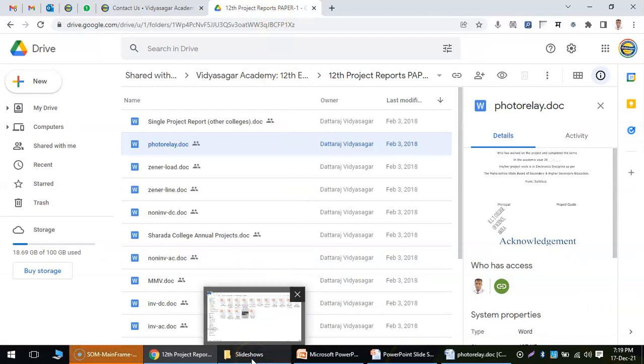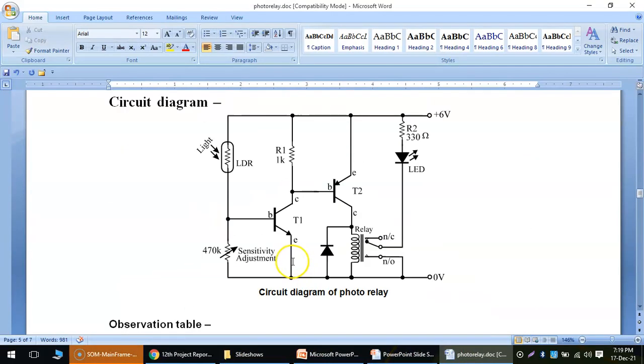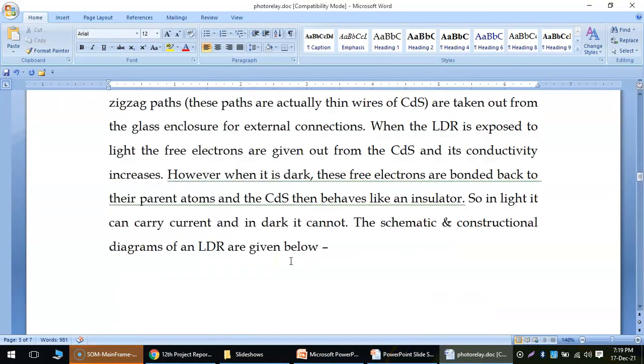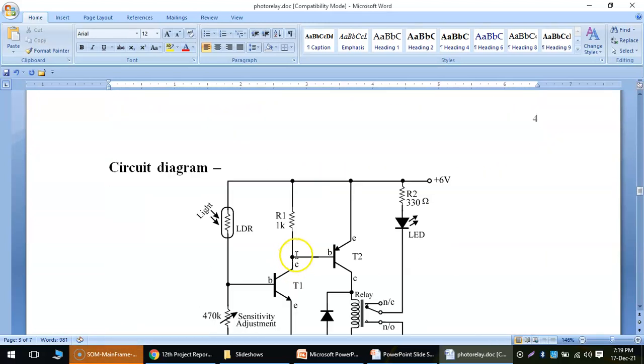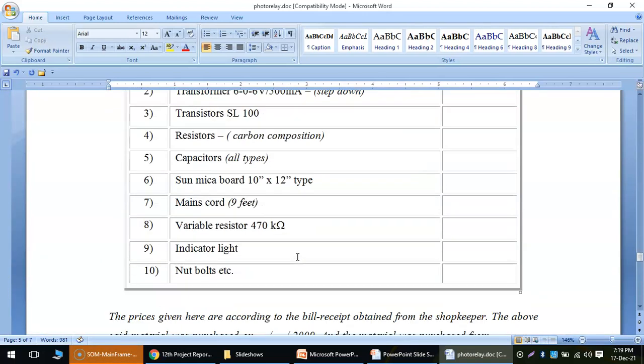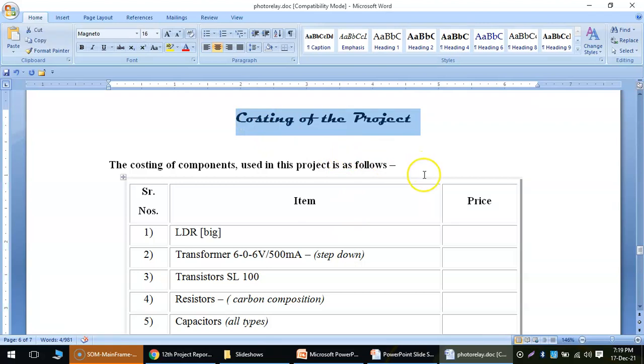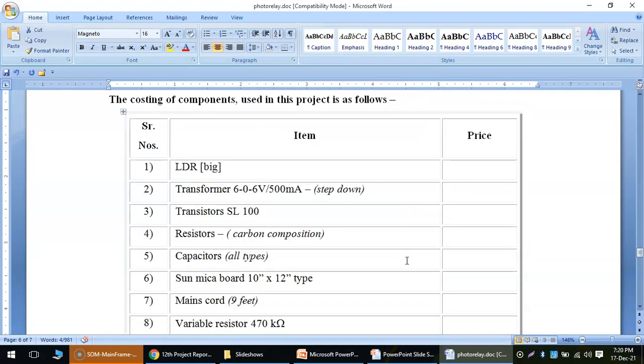So you can download the projects according to the suggestions given by the guide, and once you download any particular project, you have to fill in the last page. You have to mention some important points over here, the costing of the project. Suppose you have already purchased these components from the market and actually assembled the circuit.